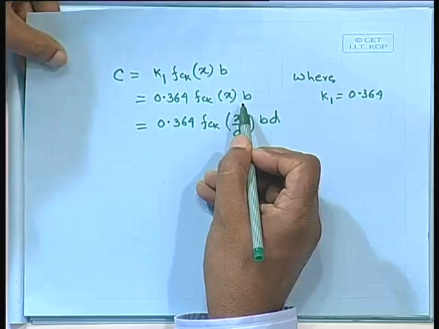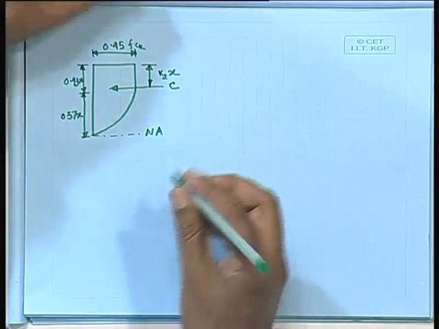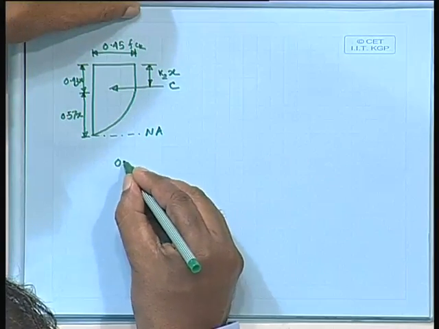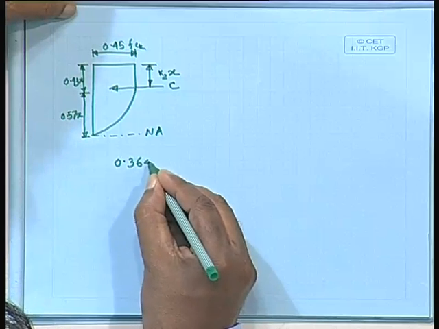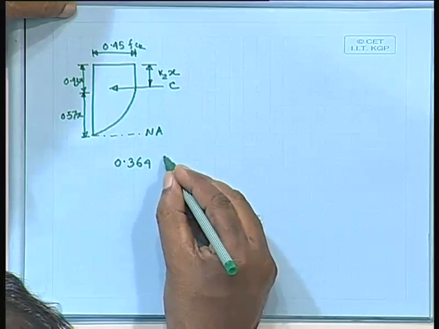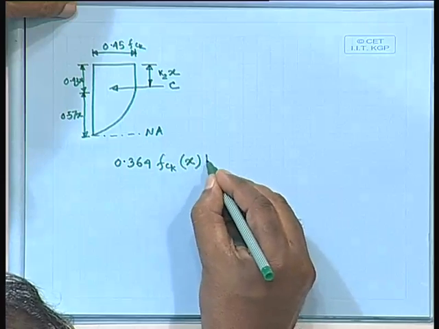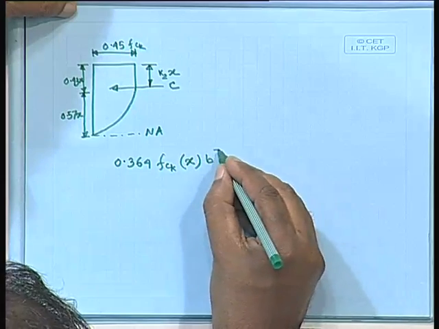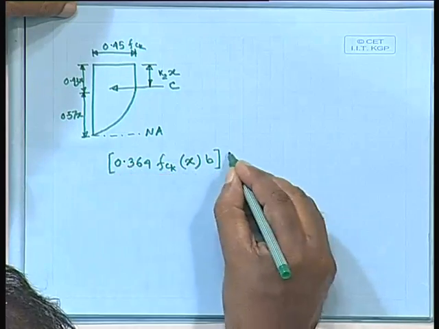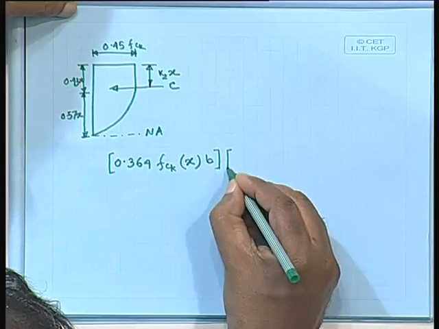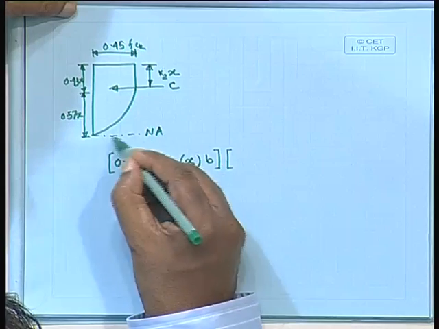Already we have computed that. 0.364 FCK xb, this is one term, that is the total force, and we are taking moment about this line